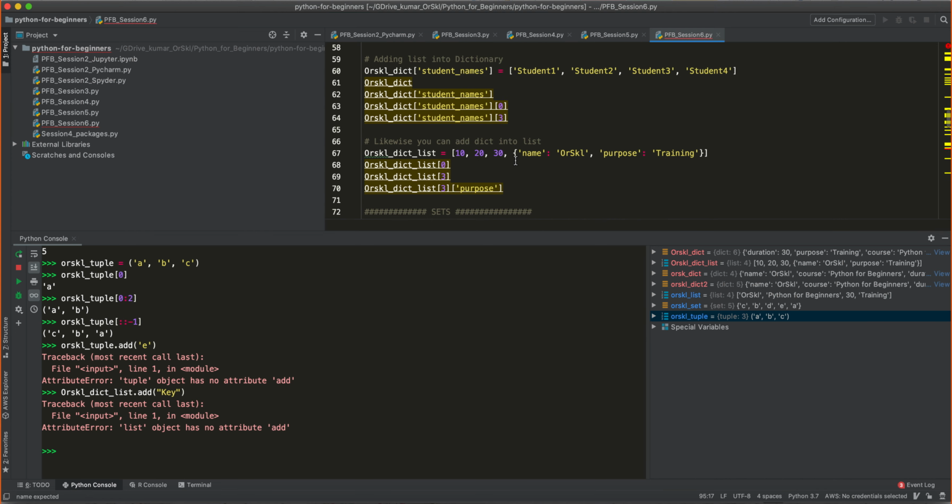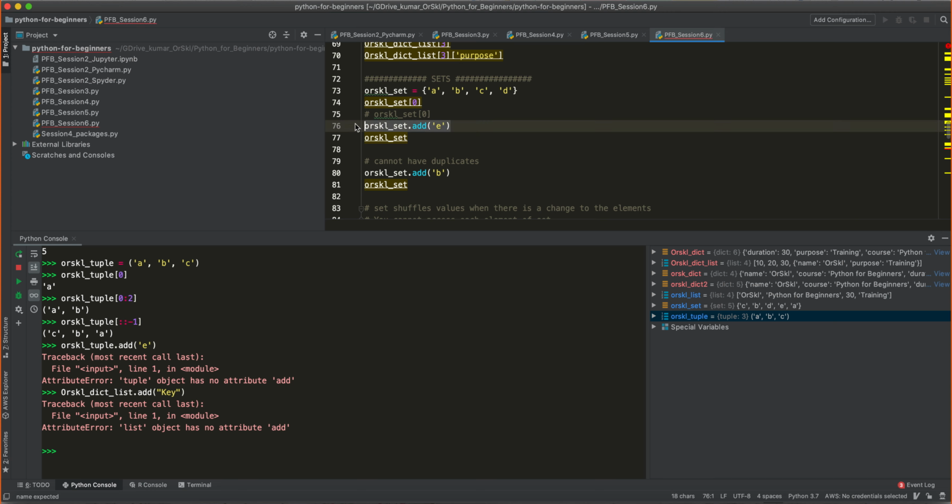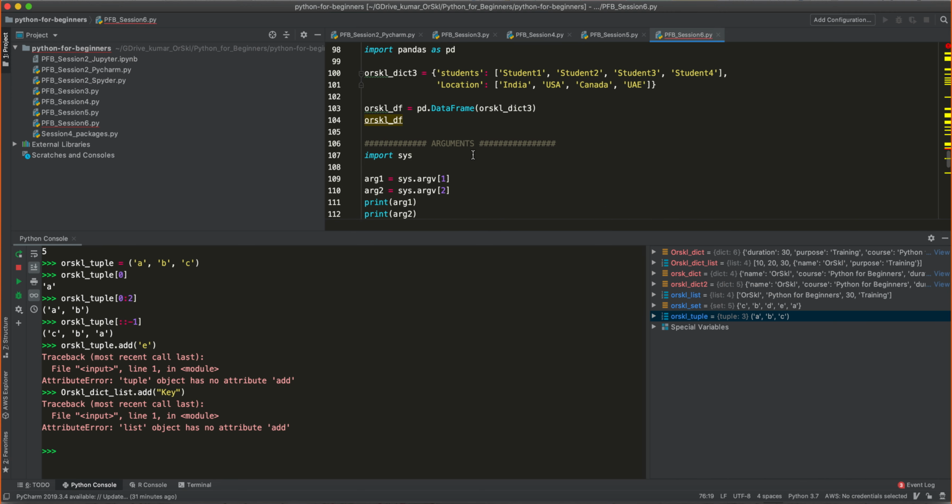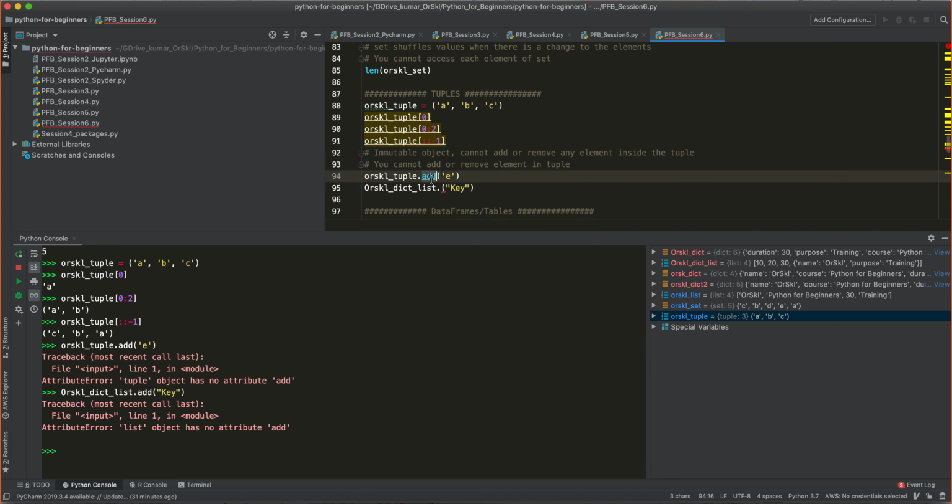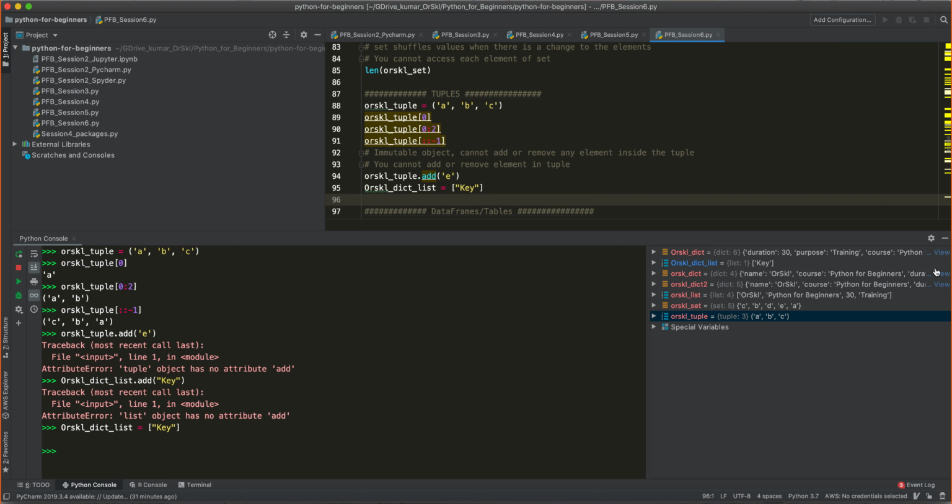On the top I have used add. I wanted to use that syntax in the set, but I don't want to use it here. So let me say Oracle list equals this, this is the syntax to add a new element. Let me do this. It has added, correct? I did not use this plus this, so it has overwritten with one value. See the problem? Actually, the syntax should be this plus this, so that the element would have been appended into the list.